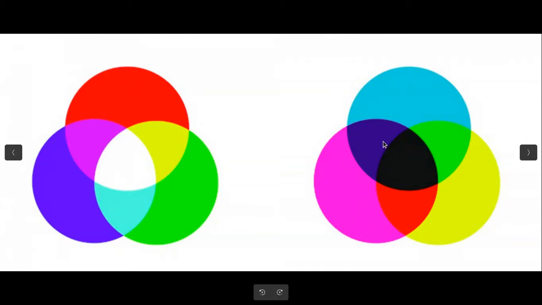And the second one is an example of subtractive generation of color. It is also called CMYK, cyan, M stands for magenta, Y stands for yellow, and K stands for black. And about these things, we have already discussed in detail.